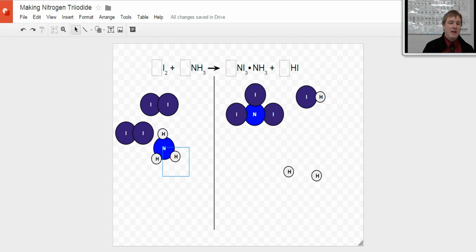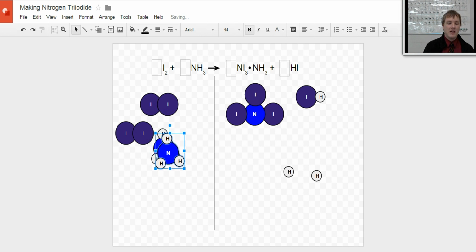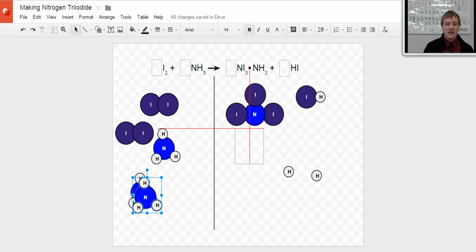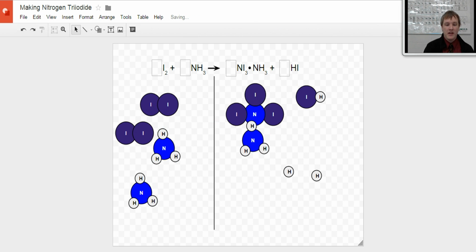I'm going to make a copy of this NH3 molecule on this side. I'm going to paste it. Remember, I have to leave one copy on the reactant side so I remember that I made it, and then add it to both sides of the equation. I'm just going to connect it right up with the nitrogen triiodide that I have. Maybe I'll line things up a little bit more nicely here. But there we go. Now I have